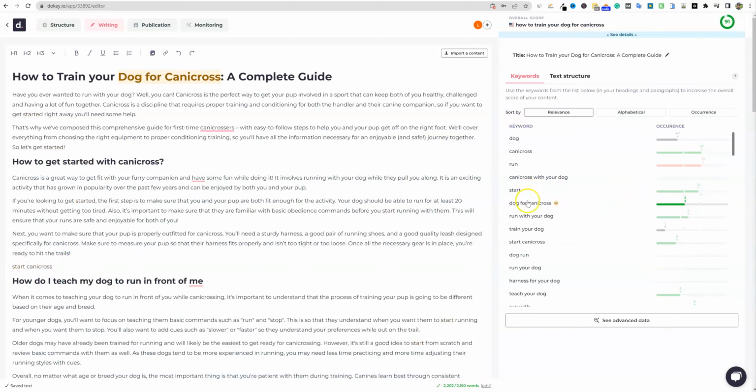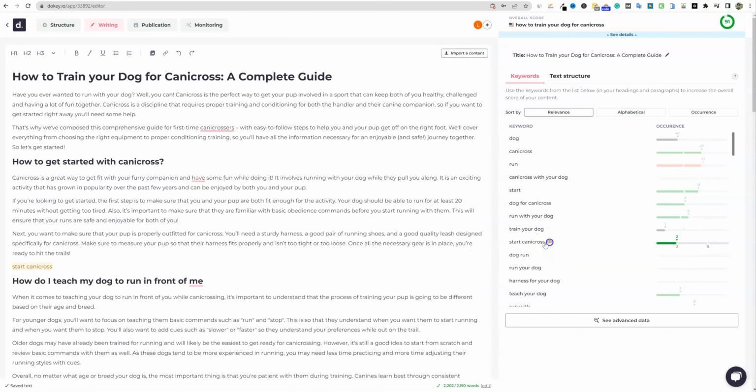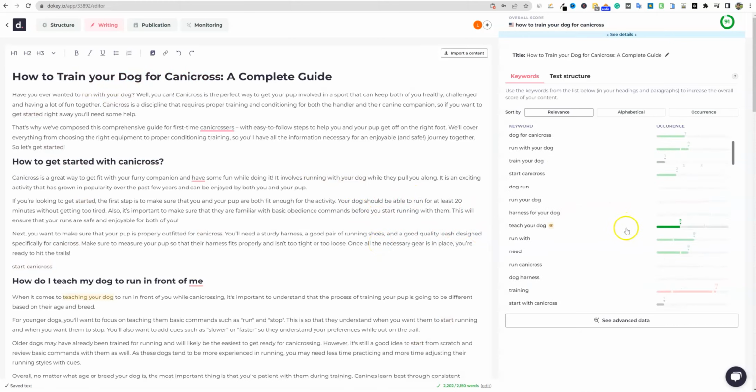And if you hover over this, wherever it's at in the article, it highlights over here. So watch start canny cross. We hover over that, it's going to automatically highlight. And you can turn that on and it'll just literally be highlighted, or you can turn it off. So there are some really cool UI features that I really like. It's very clean to use, so I like that as well.